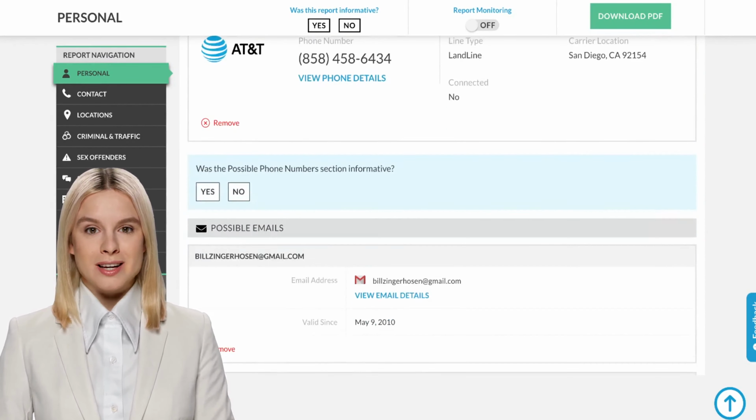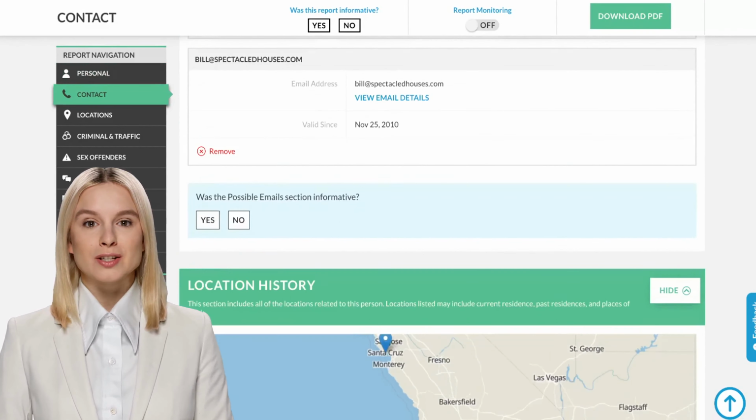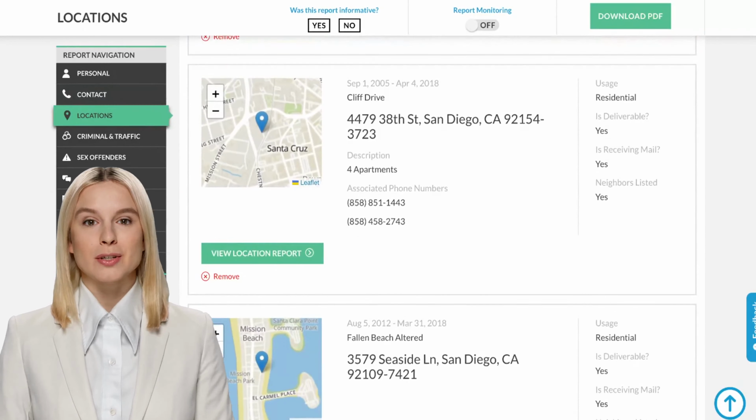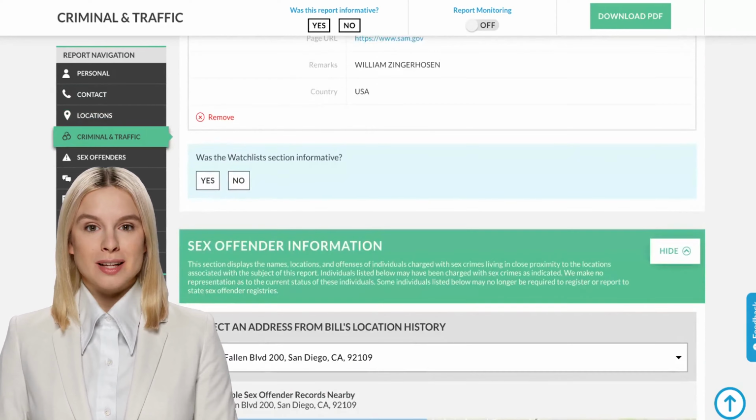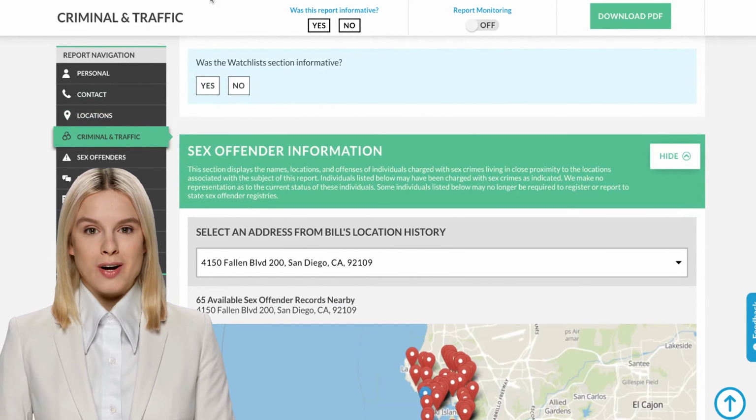If you are not an existing subscriber, you will need to purchase a membership plan to view the report. The report may include their available contact information, social media profiles, possible criminal and traffic records, court cases, and other